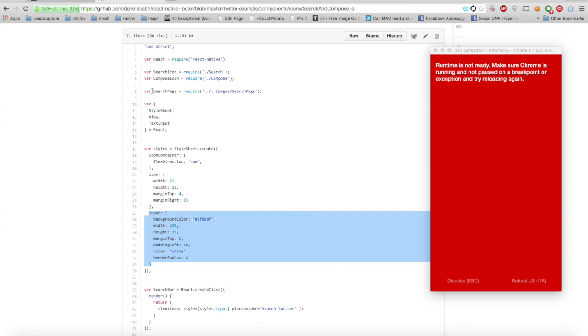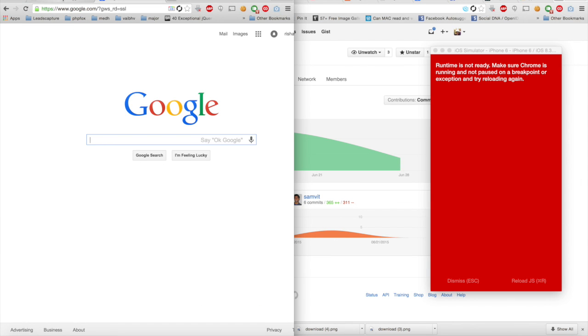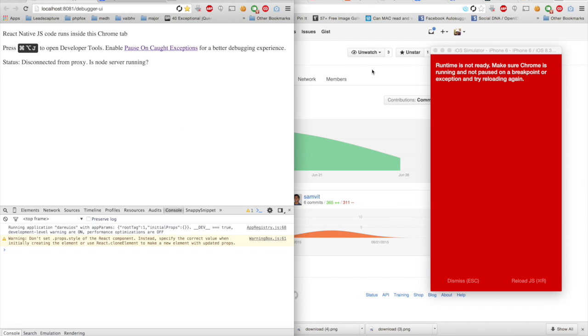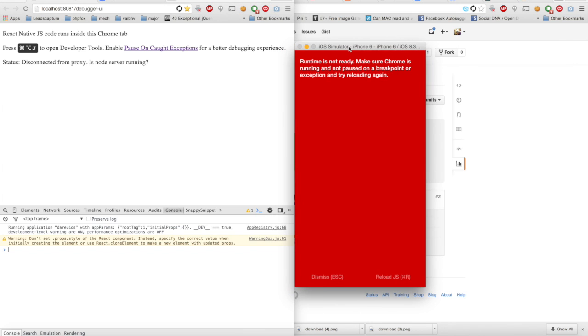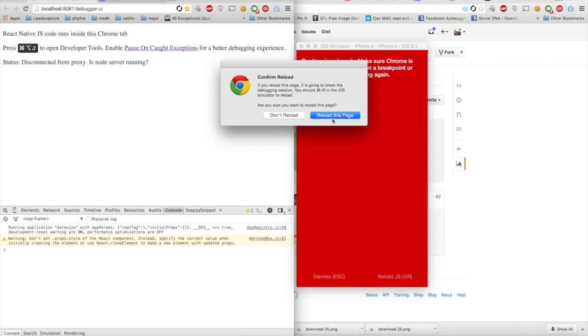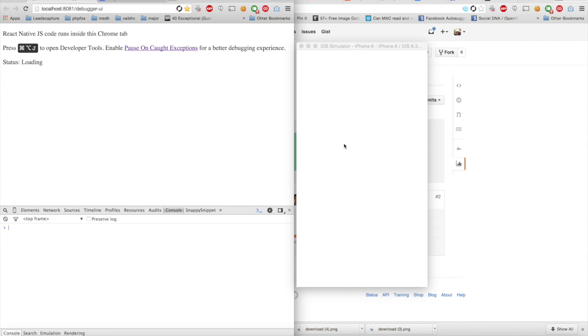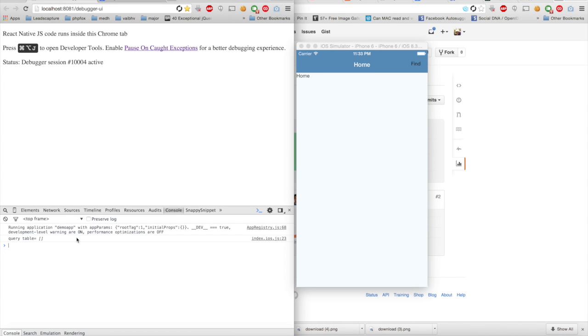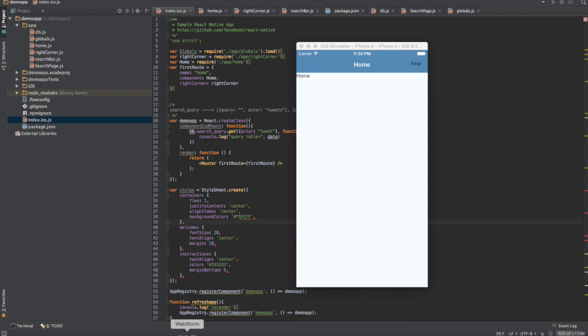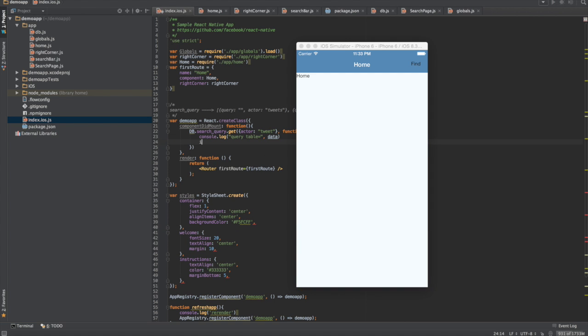Runtime is not ready, so we do have a debugger running somewhere. Awesome. Okay, so query table is empty. So you could just say if data equal empty, then